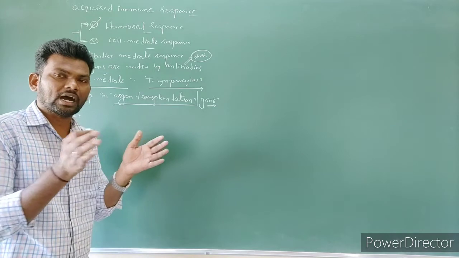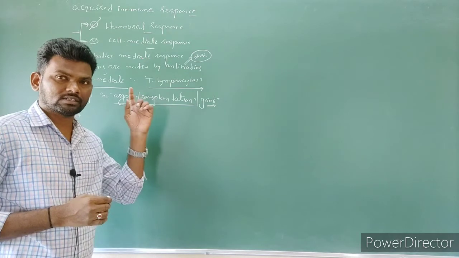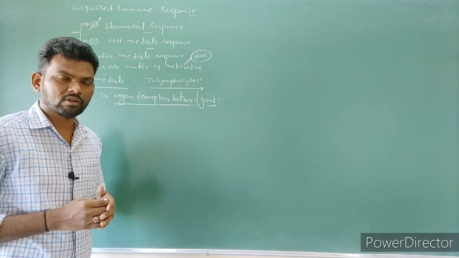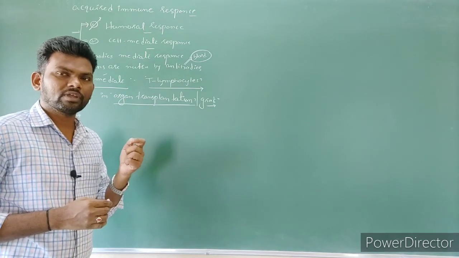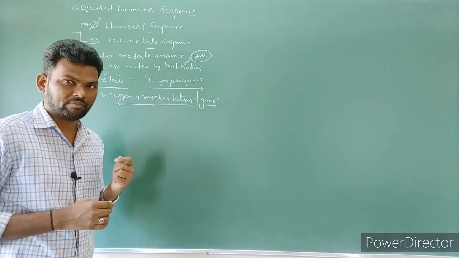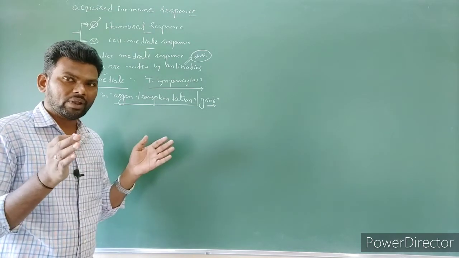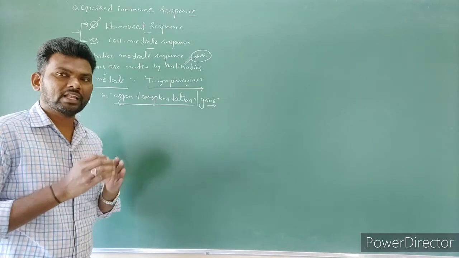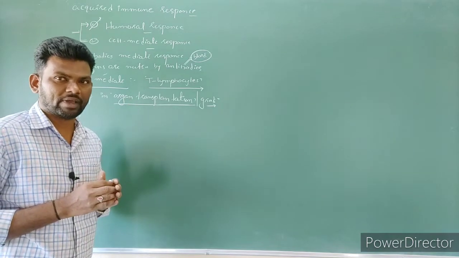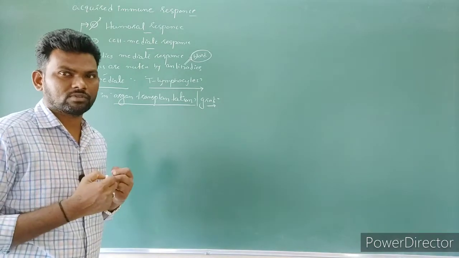The question is, why are the organs within the family also not matching? The reason is, we already discussed, T lymphocyte acquired immunity functions. This acquired immunity system has the capacity to recognize which is our self cell and which is not our self cell. Matching here means tissue should be matched, blood group should be matched, HLA, which means human leukocyte antigen system, should be matched, and immunoglobulin should be matched. Then only will the patient receive the organ.